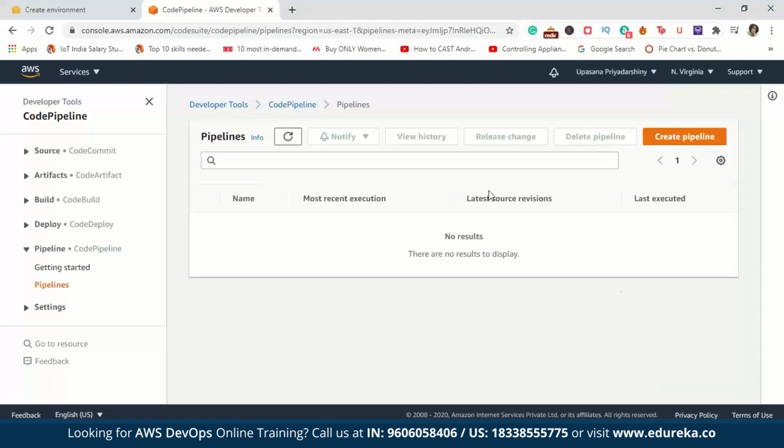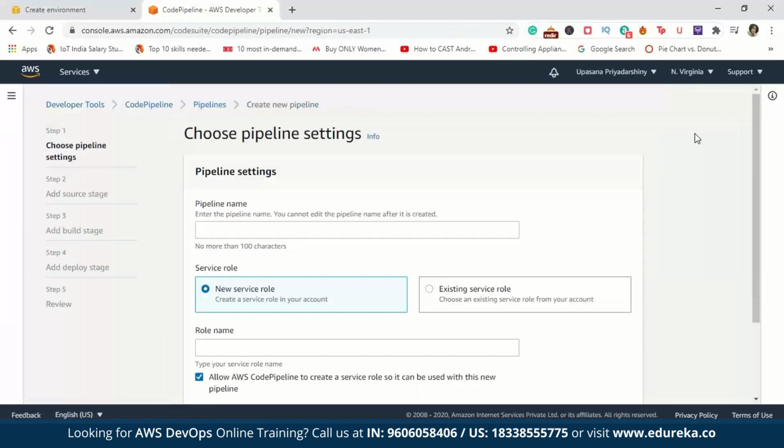Now this is your dashboard. This is where all of your recent pipelines will appear. Since in this free tier, we have no pipelines created, hence you have no results to display. So first things first, I'm going to create a pipeline. So click on this big orange button which says Create Pipeline. I'm going to give the pipeline a name. Let's just call it